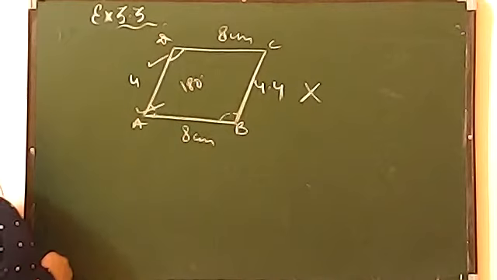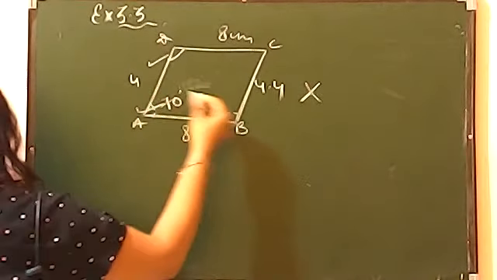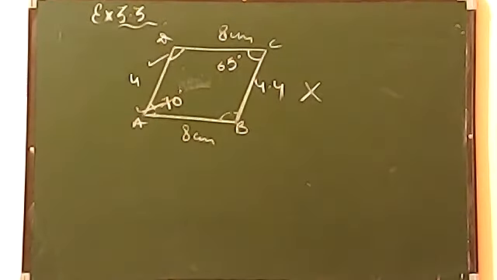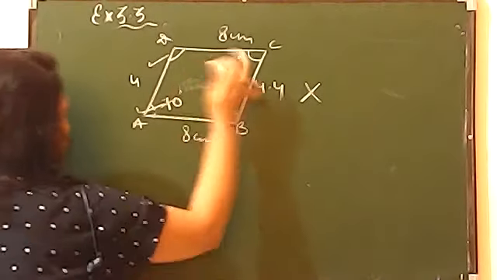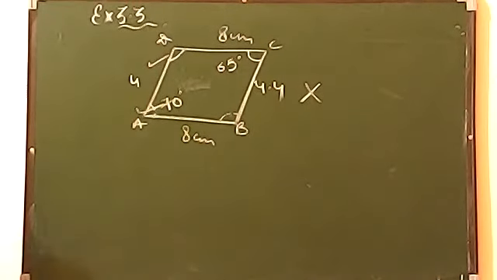Third condition it is telling angle A is equal to 70 and angle C is equal to 65. That will also not be possible because according to the property, this angle and this angle should be equal. So if this is 70, another one is 65, it is not possible, beta. Okay? So here in all the three conditions, it is not possible to be a parallelogram which is given in the figure. Okay? Now question number 4, it is telling draw a rough figure of a quadrilateral that is not